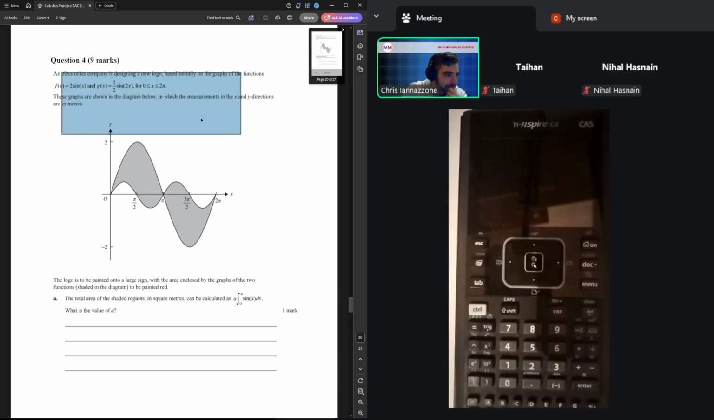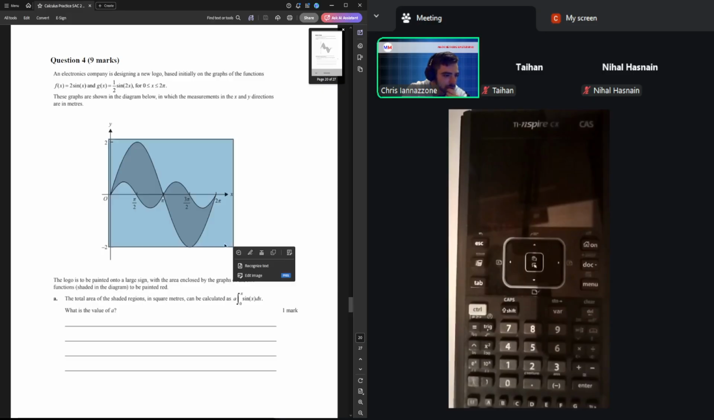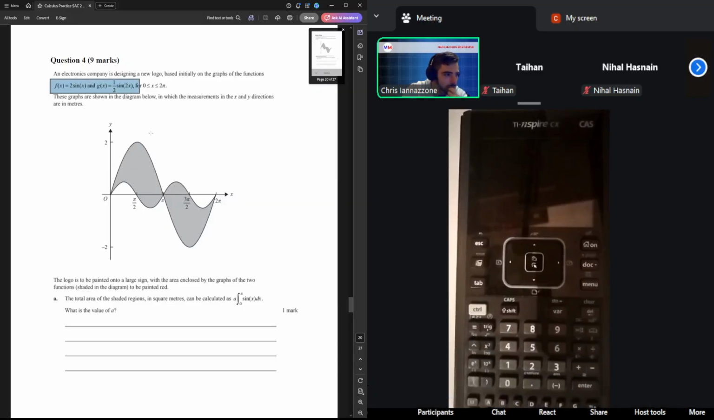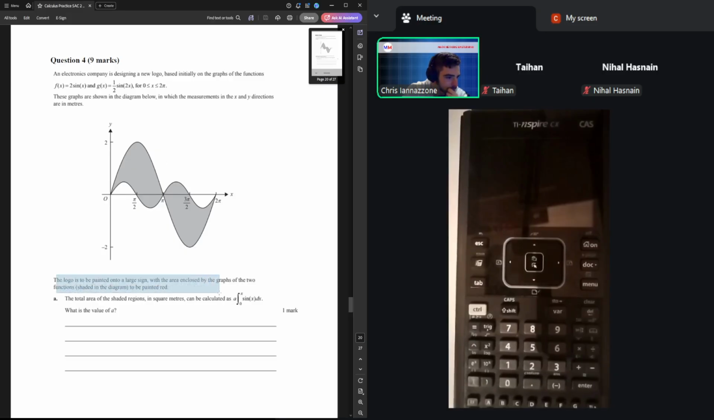We have an electronics company designing a logo, and the logo is kind of like the Pringles mustache. It's given by those two functions, both circular functions. That's just telling you that there's a shaded area, and we don't necessarily want to figure out what the total area is, more so write our equation for finding total area in terms of this